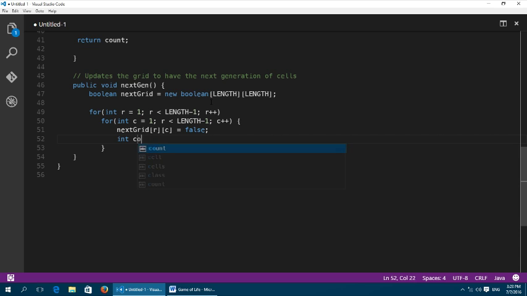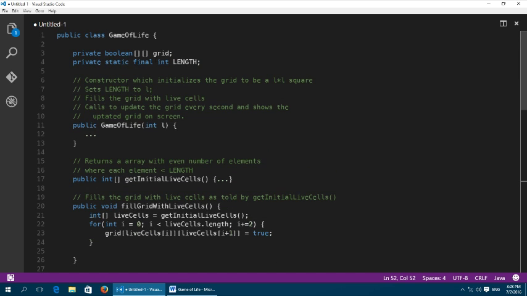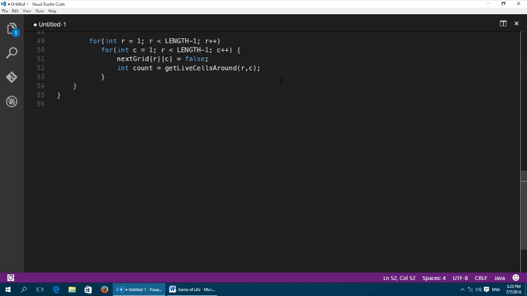Initialize count equals getLiveCellsAround of r and c. Remember, this live cells around will only access the main grid, which is right up there, the private boolean instance variable. And once we have the count, if